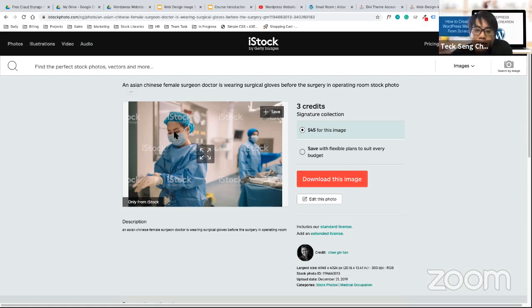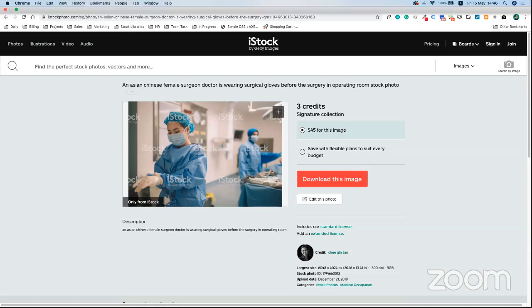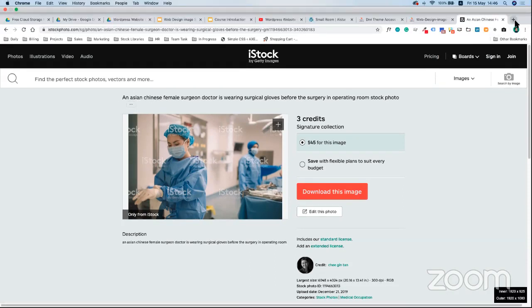So for example, I have one client. They are into cranes. They're supposed to use stock photos, then they say cannot because their cranes have color coding. So this kind of photo is not stock, it's original.